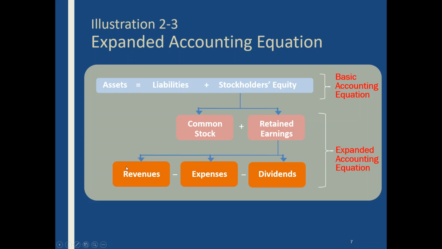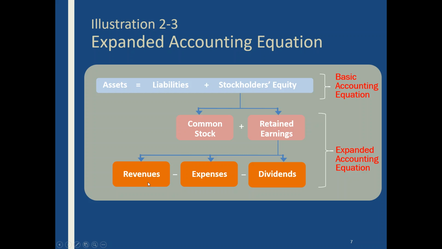Retained earnings are really just the revenue, which is our sales that we make, less the expenses that it took me to make those sales, less any dividends we pay out to our stockholders, and all of that will result in whatever the end number is for that. So I'm going to